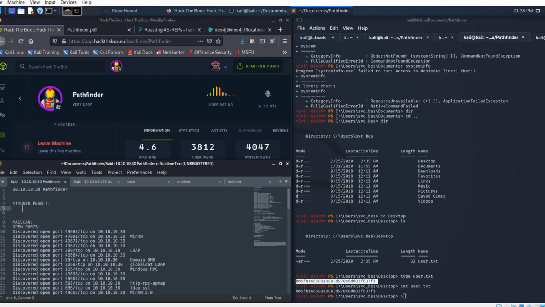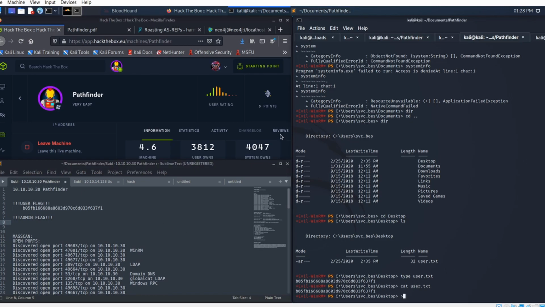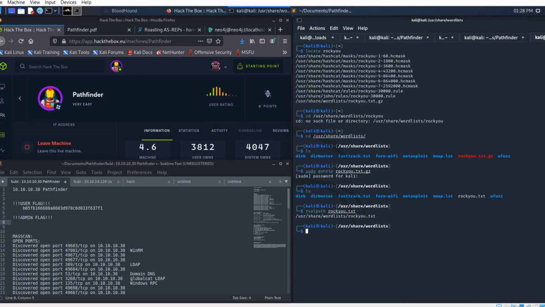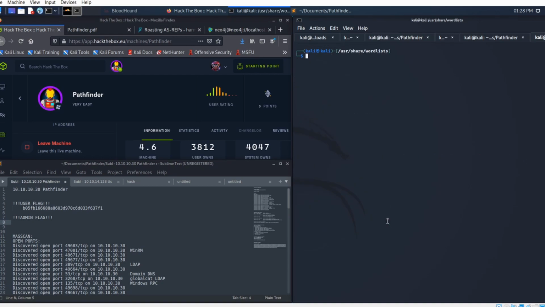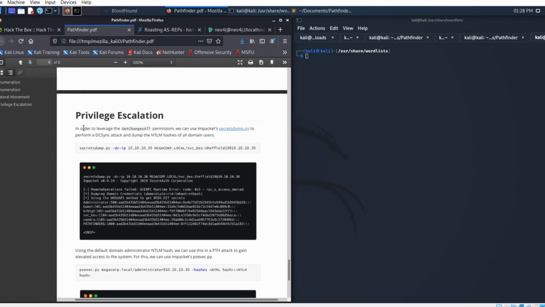those hashes that we found using Beth's account, because we got her password Sheffield19, and we used her account because her account had a privilege that allows you to get the hashes of other users. So we're going to use her account now, and we're going to use an Impacket tool. We're going to submit her credentials via this tool to get back